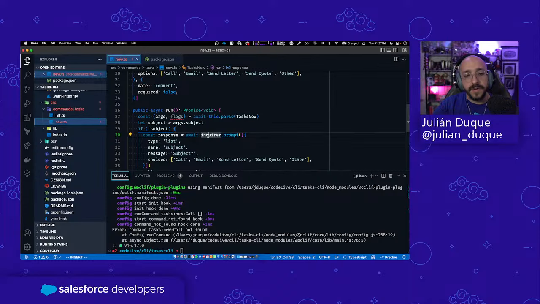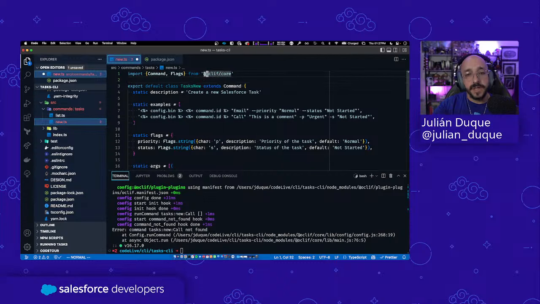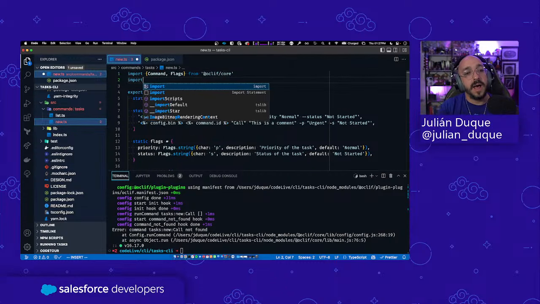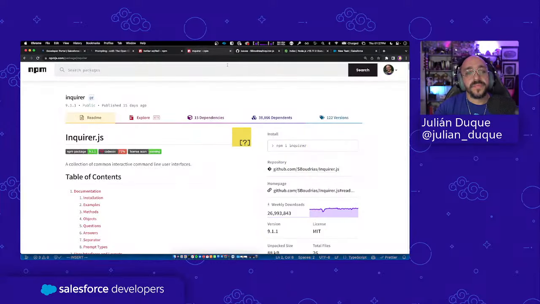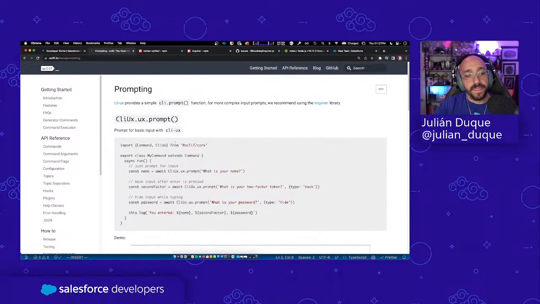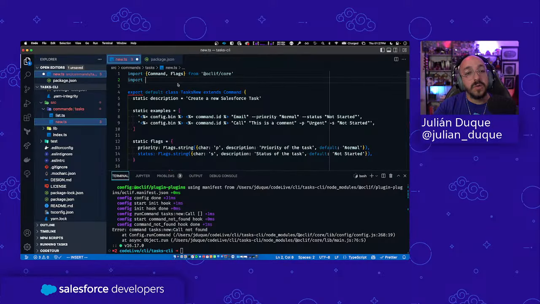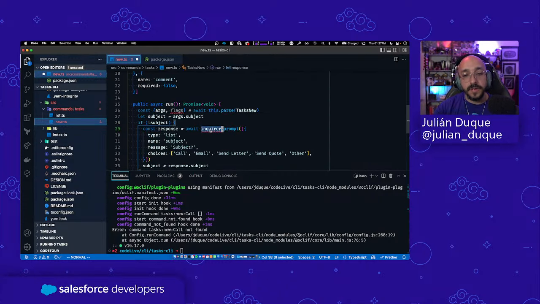So instead of using inquirer, let me change this to use the CLI from oclif. So how to use the CLI from oclif is by using the CLI UX from oclif core, CLI UX from oclif core, and do